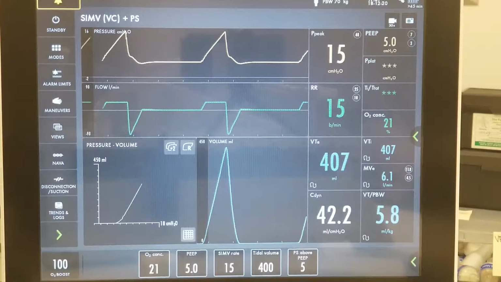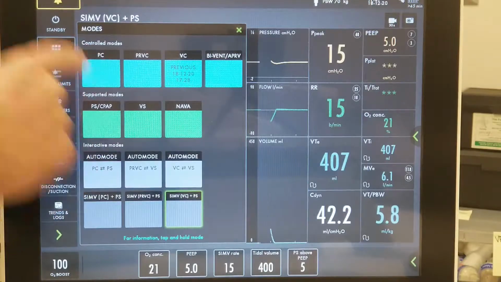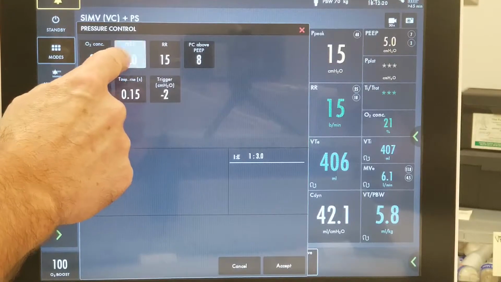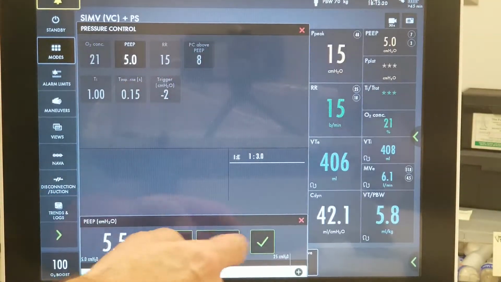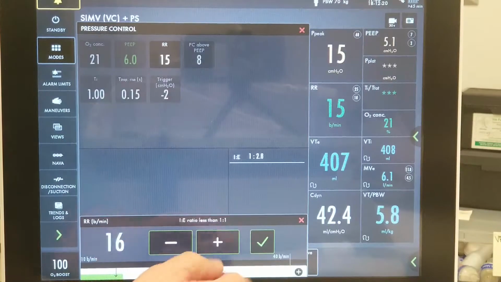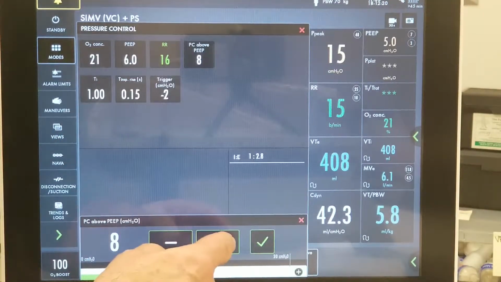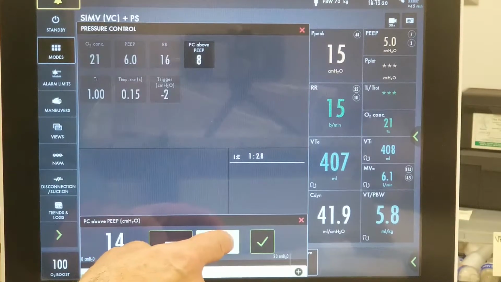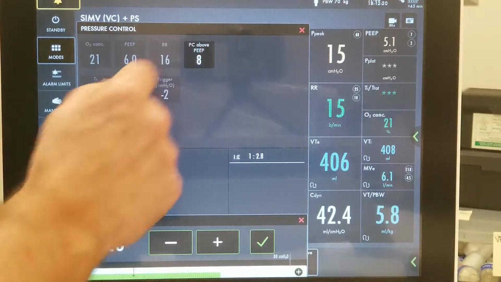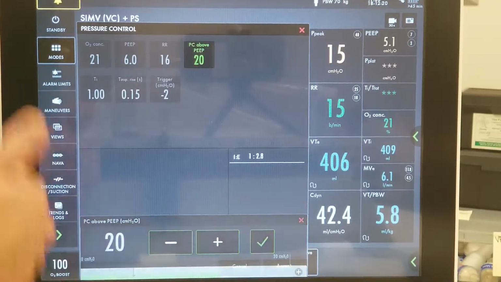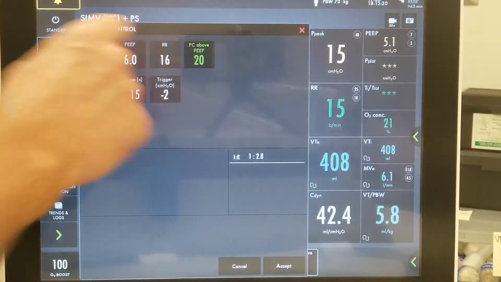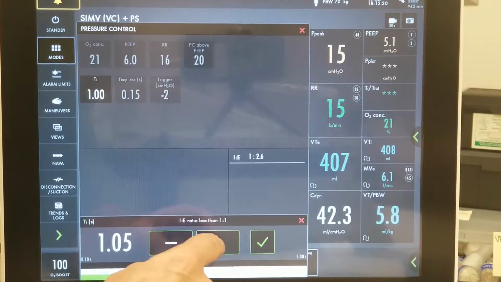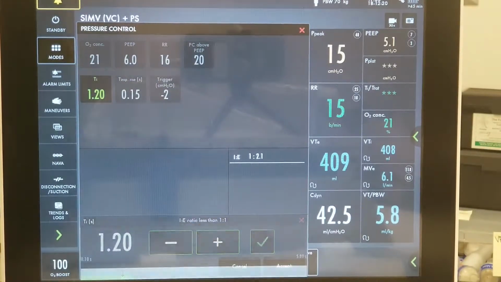Our next order of business is to place the patient in pressure control with a FiO2 of 21, PEEP of 6, respiratory rate of 16, pressure control above PEEP of 20. Please note, pressure control above PEEP, so we're setting delta P. Okay, so now it's going to be 20 above PEEP, a TI of 1.2 seconds, and rise time